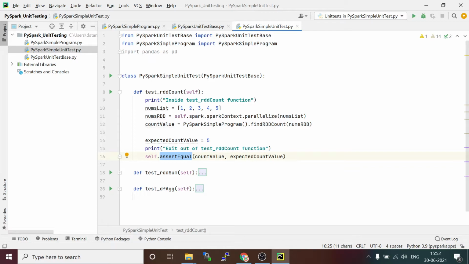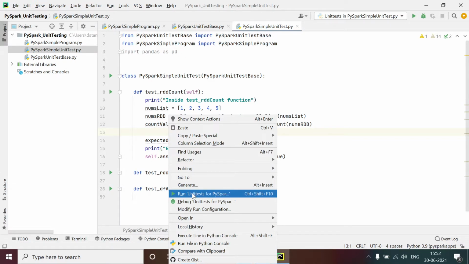You need to validate the output value with the expected value. If it matches, it will say the test case passed. You need to use the naming convention test underscore, and only then will the unit testing framework understand this is a unit test case you wrote, so it has to run. Only this test case I will run.